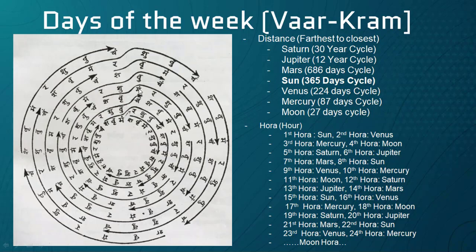Keep going this way, then you get Tuesday, then you get Wednesday, that is Buddh. Then you have Brihaspati, that is Thursday, and then Shukra. As you can see, you started with Saturn, then Sun, Moon, Mars, Mercury, Jupiter, and then Shukra. This is how each day of the week got its name. Hope this gives you a clear understanding of why we have that sequence.